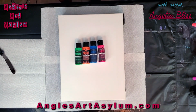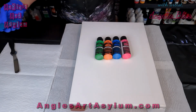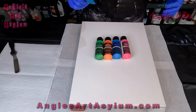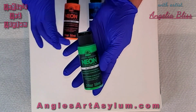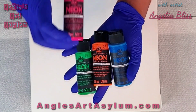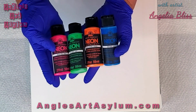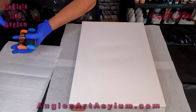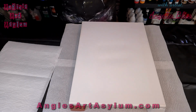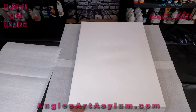I am going to use some neons with an Artist Loft Soft Body Black, and we're going to then use a catalyst wedge. I got a number 2 catalyst wedge here, and we've got the green, orange, blue, and pink. I got all of these a while back in a pack together, all 4, and I haven't used them because, like everybody else, we get kind of wrapped up in the new stuff, and that's okay, but I think we